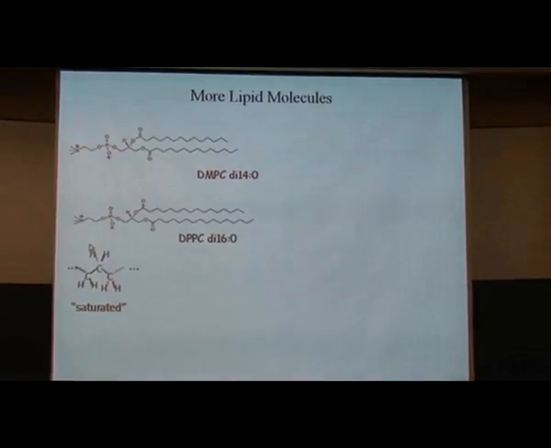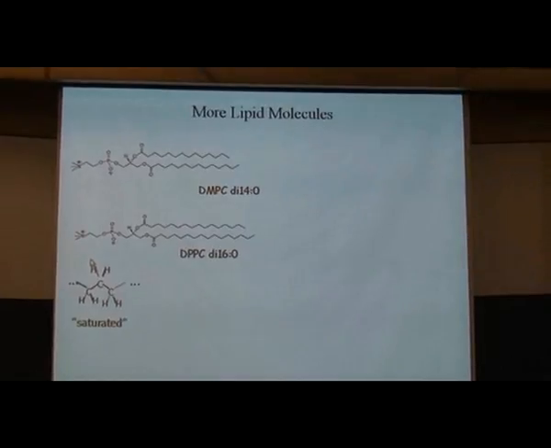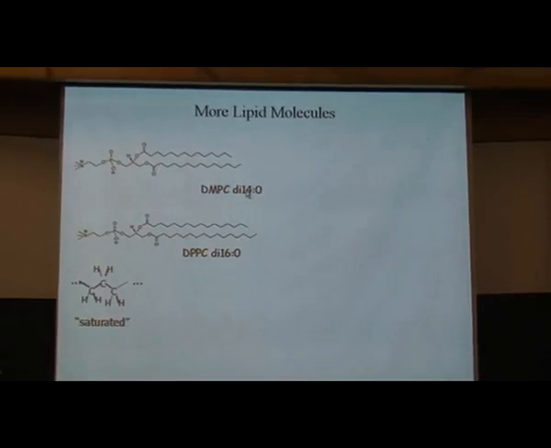Okay, now, I have to come back because for this part of this talk, I need to tell you more about lipid molecules to make an interesting comparison. I've already told you about this one up here, it has the name DMPC, but that's just an acronym. And I'm trying to emphasize here what distinguishes that from the other molecules that I want to show you. And the distinguishing feature is that if you count from here to here, you have 14 carbons, and all of them are saturated.